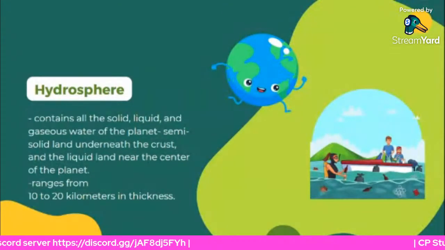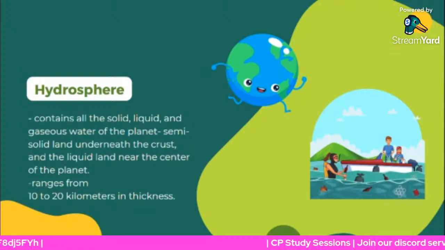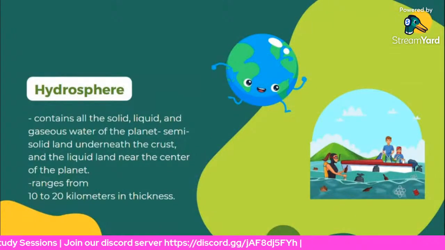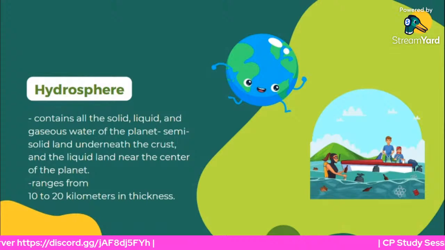Most of Earth's fresh water, however, is frozen. 97% of Earth's water is salty. The salty water collects in deep valleys along Earth's surface. These large collections of salty water are referred to as oceans. The image above depicts the